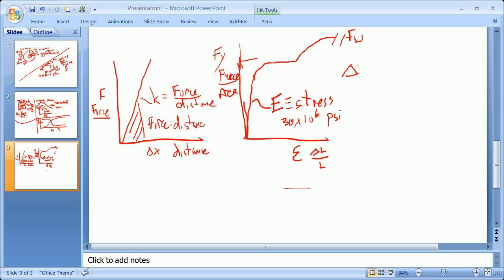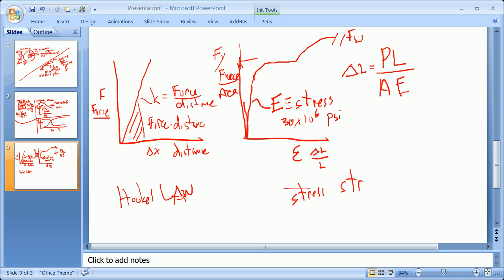The change in length is equal to the force on something times the length divided by its cross-sectional area divided by its modulus of elasticity. That comes from this graph, and the units in fact do work out. So remembering the concept of Hooke's law, which can also exhibit itself not just in a spring but in any solid, and this idea of stress strain,